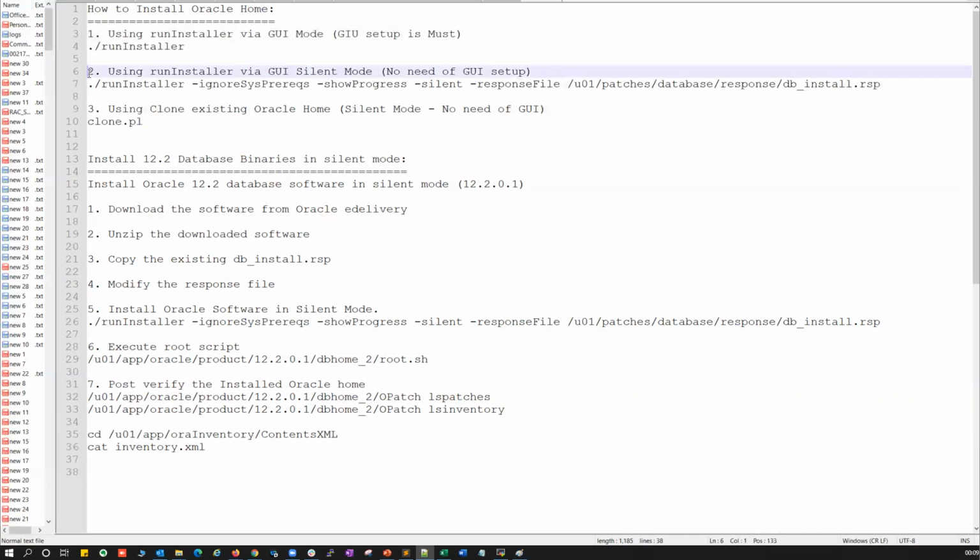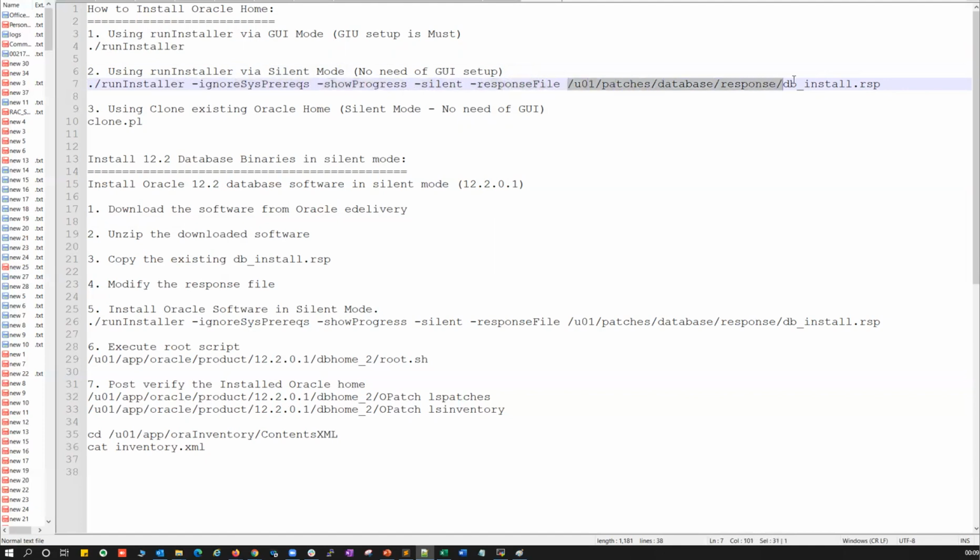The other mode of installation is silent mode. Run the run installer via silent mode. There you don't need a GUI setup, so everything is done from the command line. You just run the run installer with ignore prerequisites, show progress, -silent, and the response file.